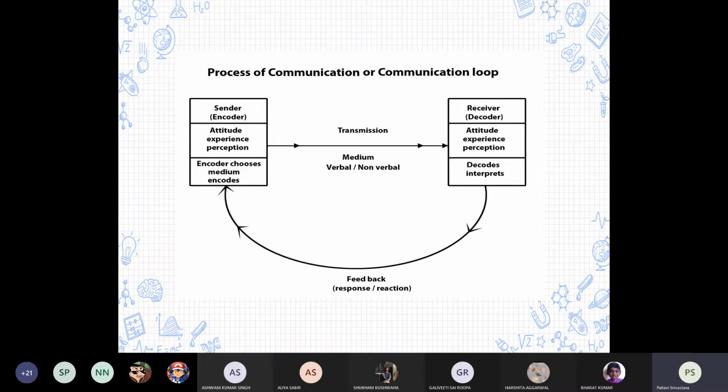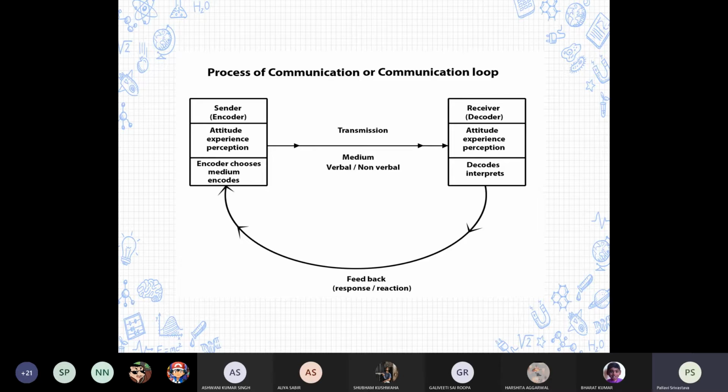Now when I sent it to you, you applied your own attitude, experience, and perception. You could have thought, okay, it was a week off, even then ma'am is asking us to sit here. Okay, you people are new, you have only one semester's experience, so you might have thought that we can always do it later. There was no need to waste our holiday today, and you could have a negative attitude as well.